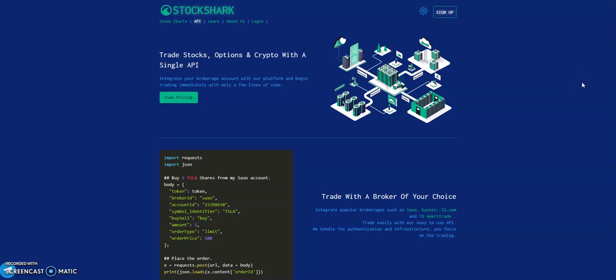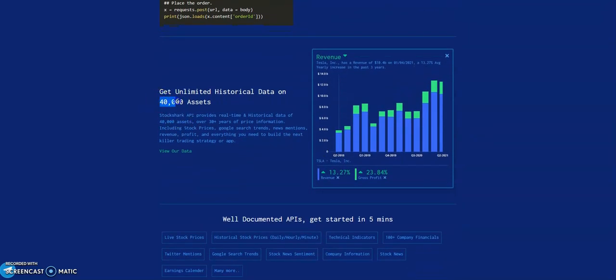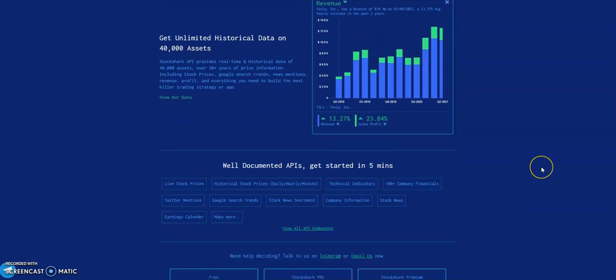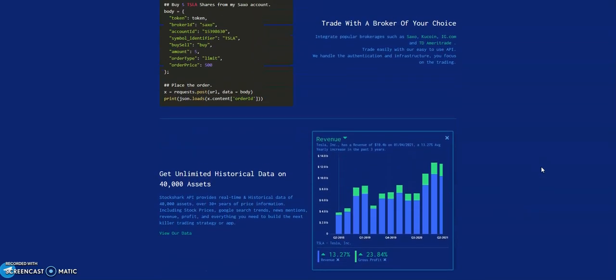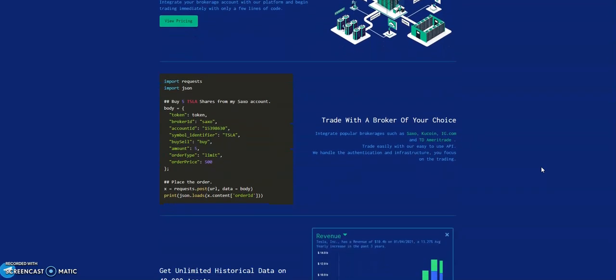Hi everyone, my name is Aaron and today I'm going to talk about how we can get unlimited market data using StockShark. StockShark is a platform that provides us with stock market data on almost 40,000 assets. So we're going to learn how to get hourly data, daily, even 5 minutes data